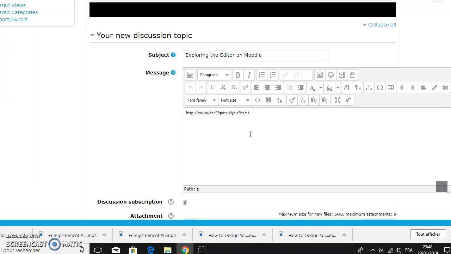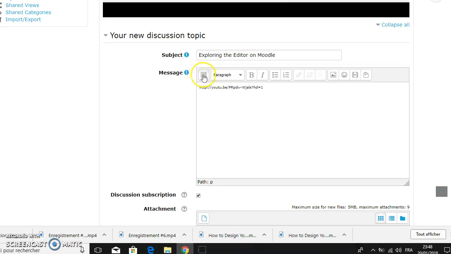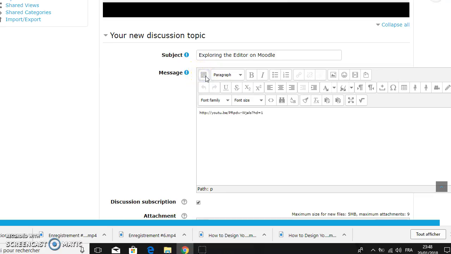We are exploring the rich editor on Moodle today. As you can see, there are 3 bars. You can minimize that to 2, or by just clicking on here, you can maximize that to 3 bars. As you can see, this is the